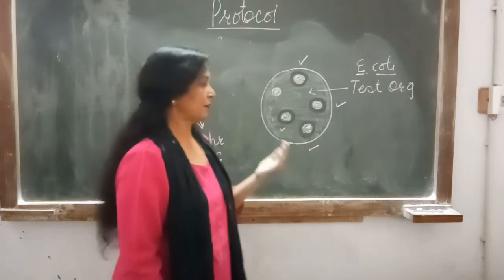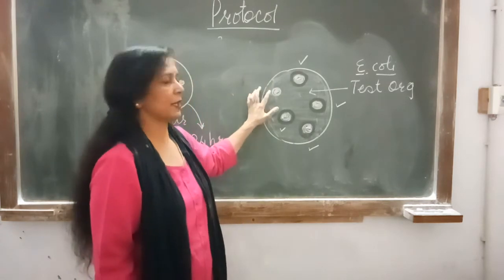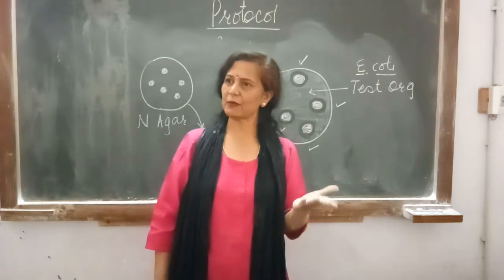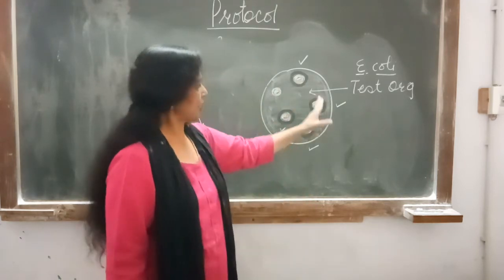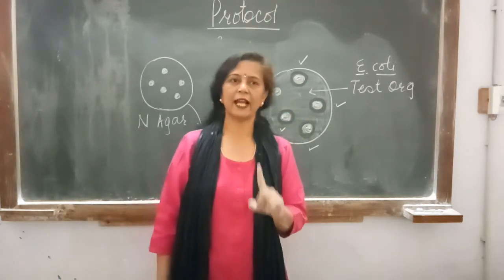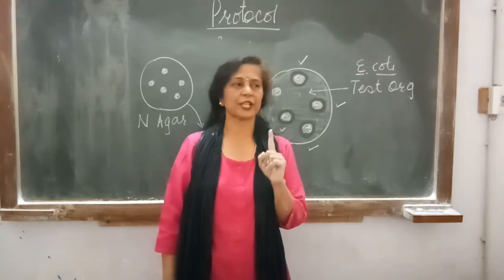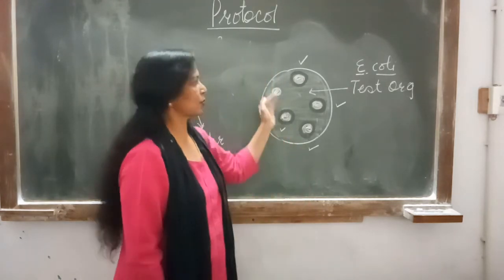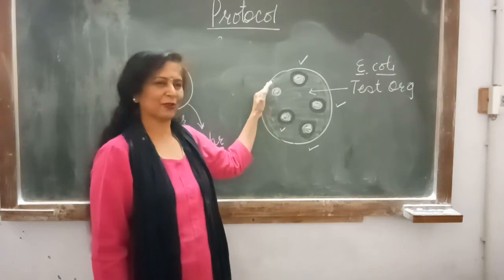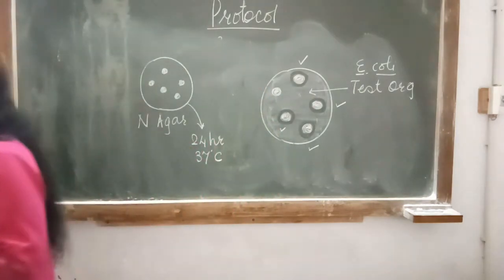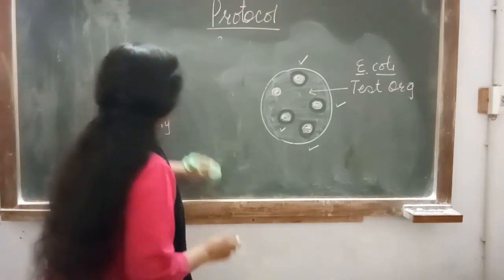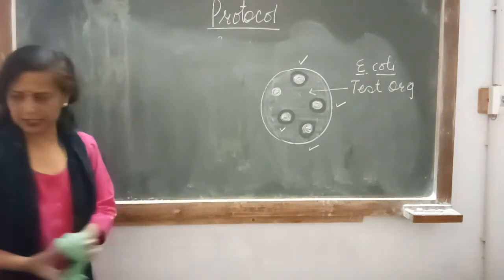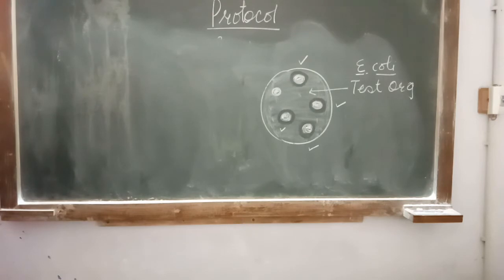Okay, so we can conclude our result in this way, that it may be producing antibiotic, but this antibiotic is not effective on Escherichia coli. But rest of other 4 bacterial colony have the antibiotic which has detrimental effect on the growth of Escherichia coli. Okay, so this is really very interesting practical, and you will come to know that how much is the possibility of inhibition of Escherichia coli, our test organism, with the help of antibiotic producing bacteria.